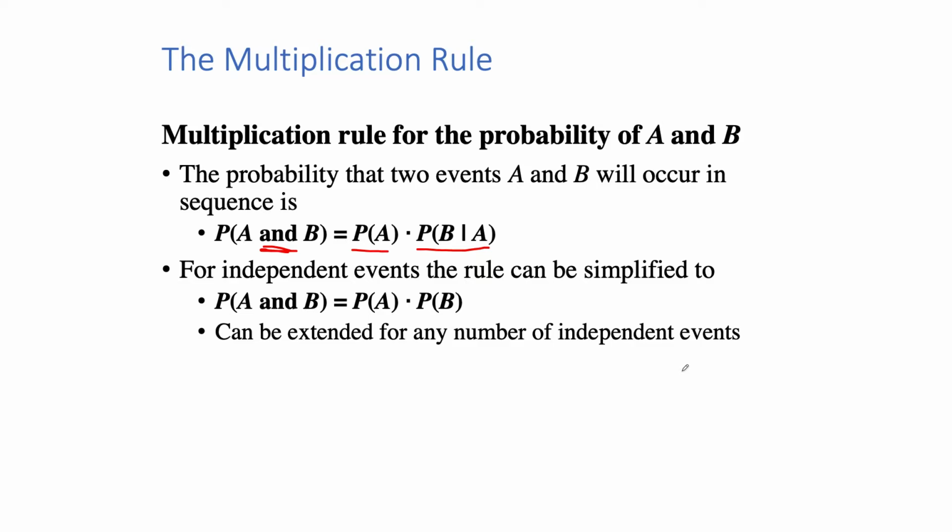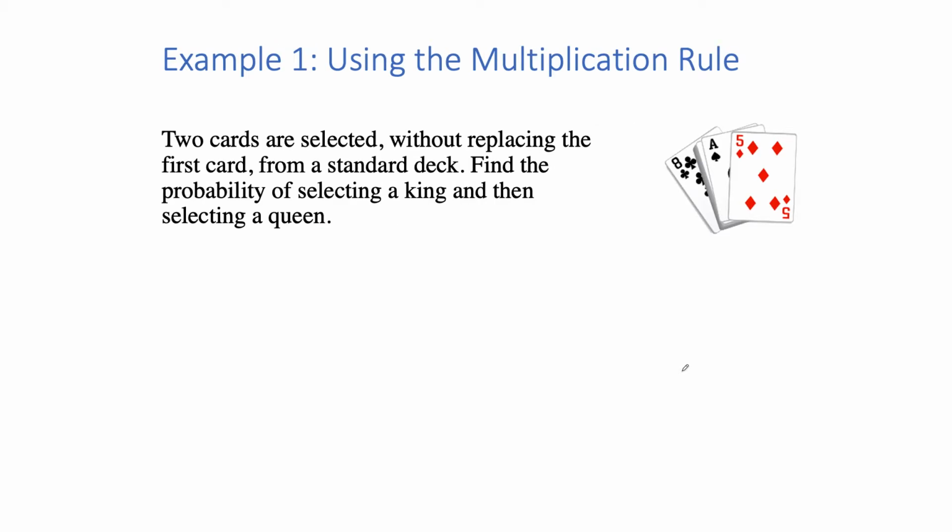Okay, again, to fix ideas, let's go back to our examples and see how this gets operationalized. The situation is again straightforward. Two cards are selected without replacing the first card from a standard deck. In a standard deck, there are 52 cards, and you're going to do two selections. You're going to choose two cards, one after the other. You pick up the first card. You don't replace it. You basically pick it up, look at it, and then throw it away, and then you go into the deck and pick up